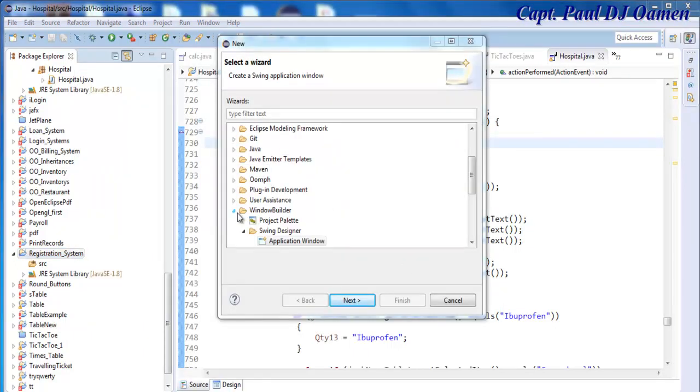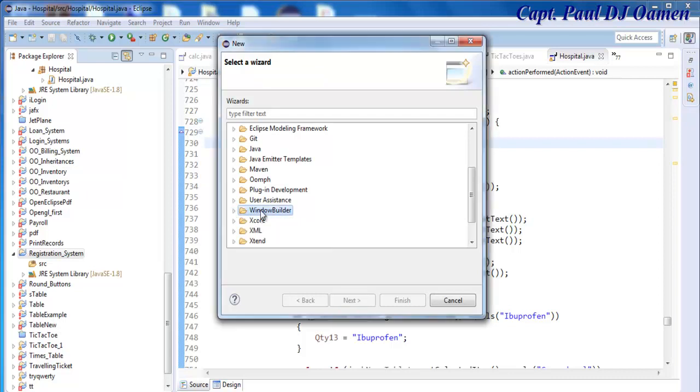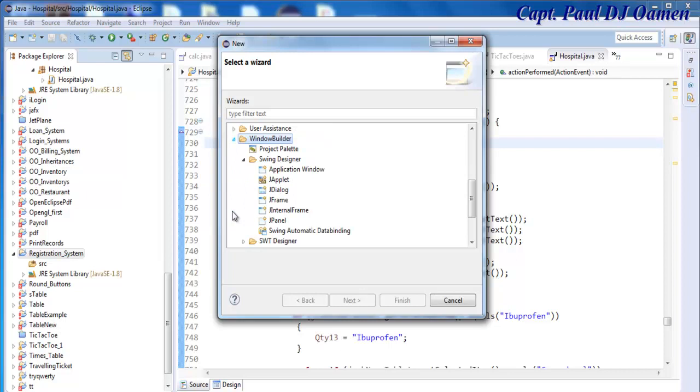and right inside this dialog box what we need is window builder. And for your information, if you don't have window builder on your system, there are a lot of tutorials of how to install this window builder on YouTube. Drop down the window builder, and I want to select frame, JFrame, this very one. Click on next,